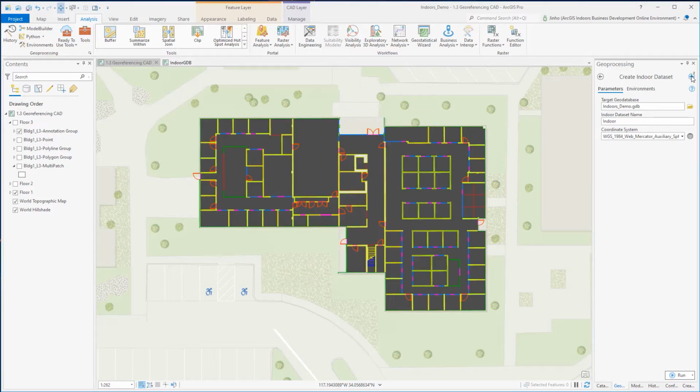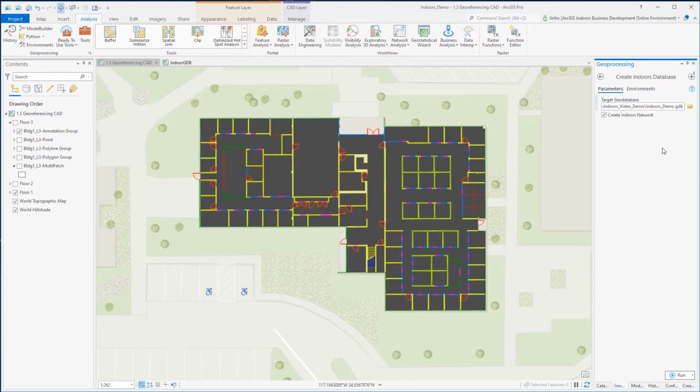I'll be using Create Indoors Database for this exercise, which adds the necessary datasets, feature classes, tables, and configurations to a geodatabase to host ArcGIS Indoors data. The Create Indoors Database method installs the complete indoor data model schema, allowing users to use the Import Floor Plans to Indoors Geodatabase tool to import CAD floor plans to your Indoors workspace. The output can also be used by the Import BIM to Indoor Dataset tool to load BIM floor plans to